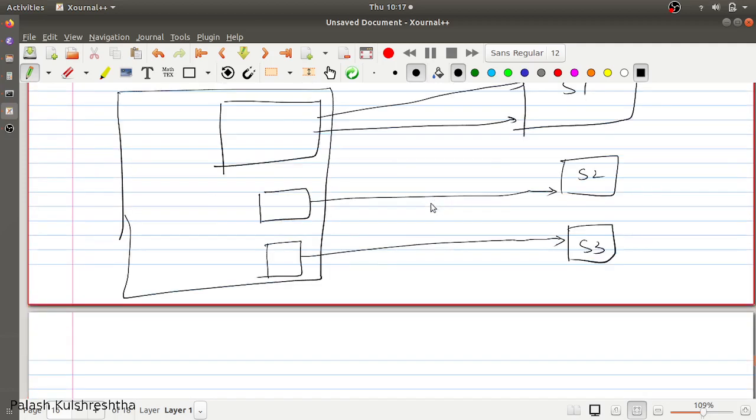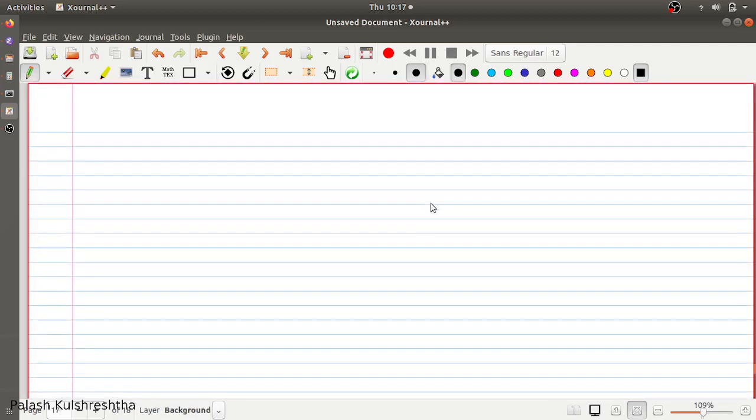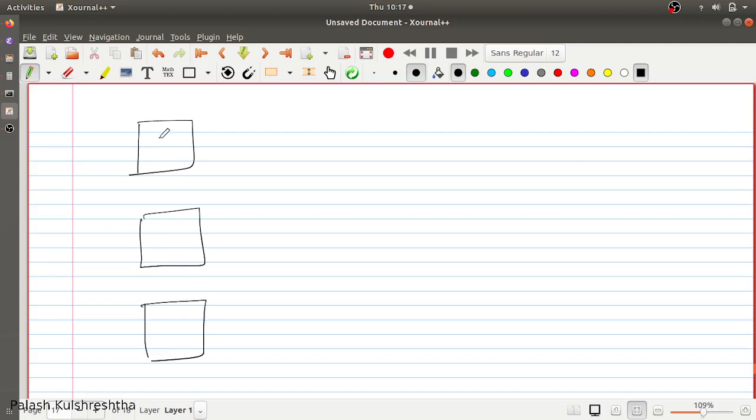Similarly, this pattern can be realized in asynchronous messaging patterns as well. For example, let's say there are multiple consumers or multiple services which want to do a certain processing from your service.